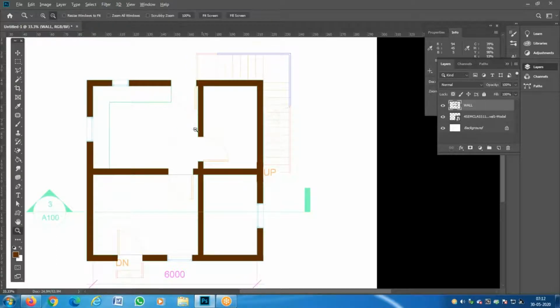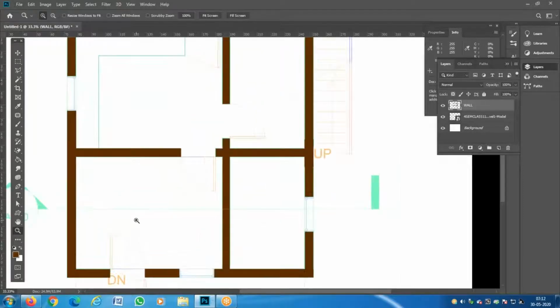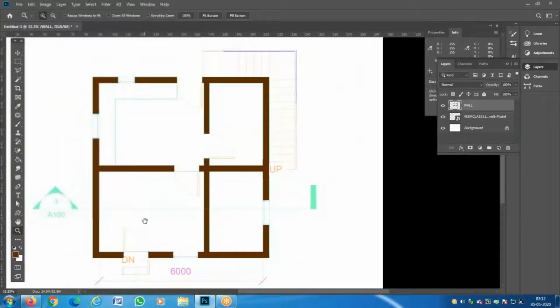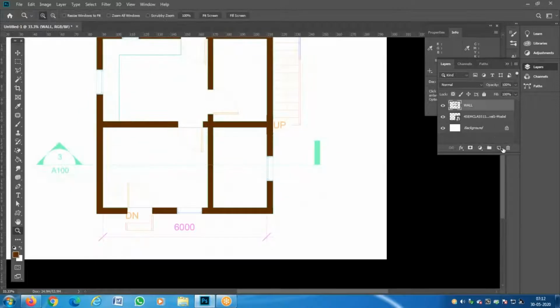So I quickly ended up selecting the areas which I want to be colored as wall. And I've just kept it. I will teach more about what to do with the wall a little later, not now. So I'll create another